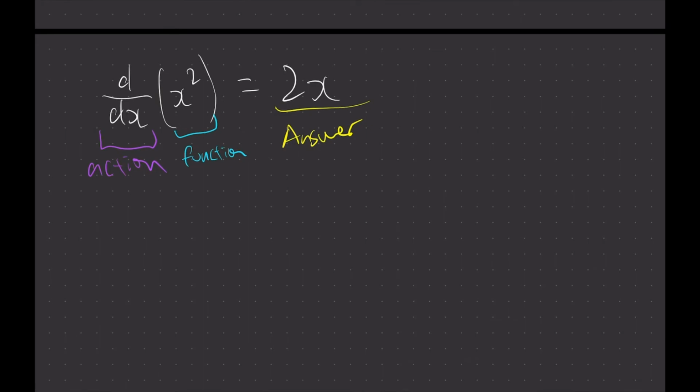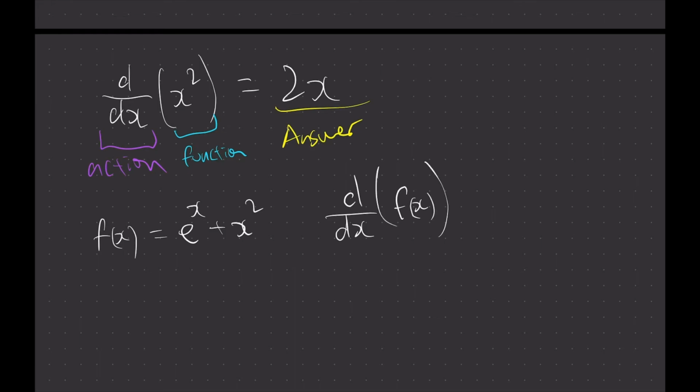So another example, let's say my original function is this. f(x) is equal to, let's just make it more complicated, let's say e to the power of x plus x squared, right? Then if I were to d this, what's the notation? The notation is d dx. I want to d f of x, right? I want to d this. So I write d dx. d dx means the verb d, right? So I d this, and then